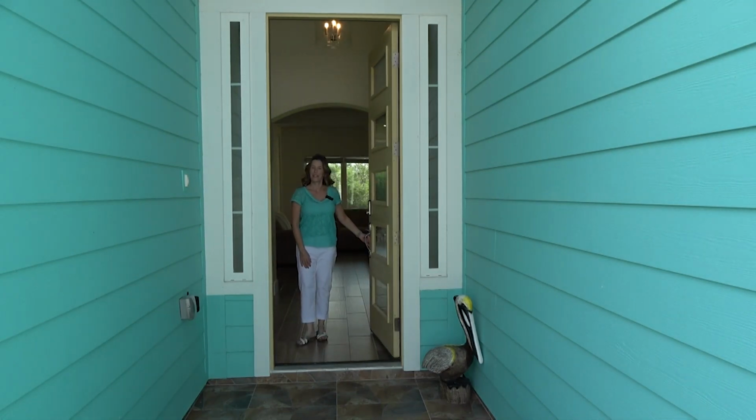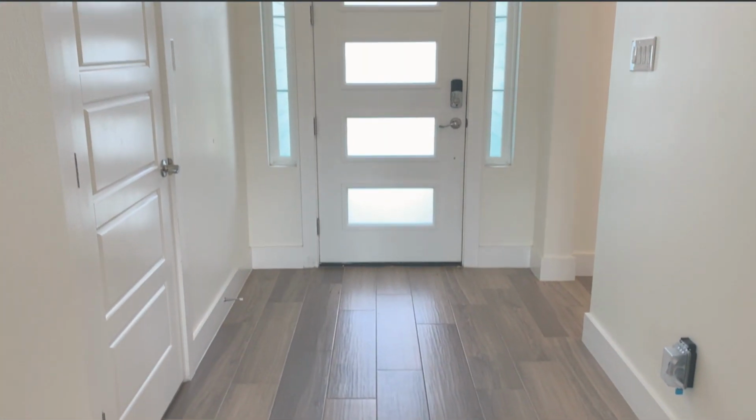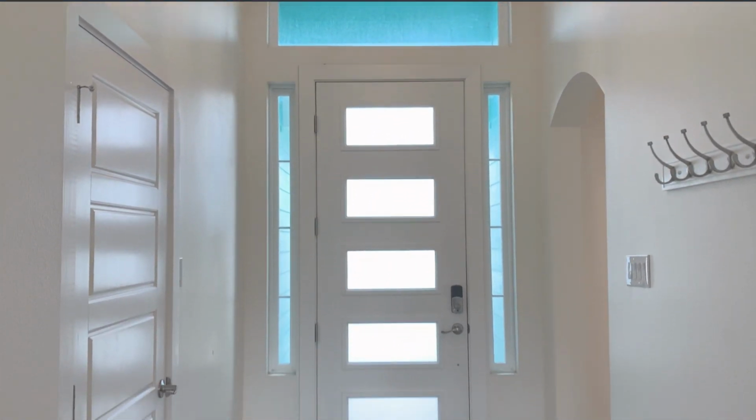Hello, and welcome to number 10 South Bay Hill. Come on in and have a look around. As you step inside the foyer, you'll be greeted by a modern and inviting atmosphere that sets the tone for